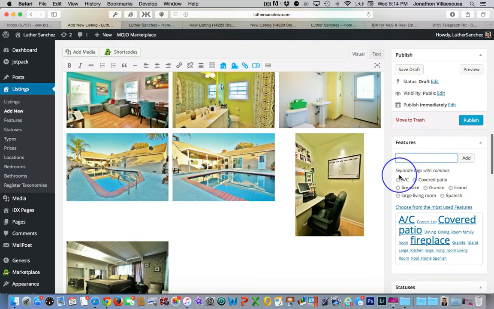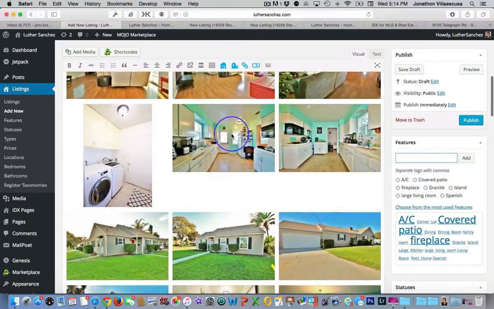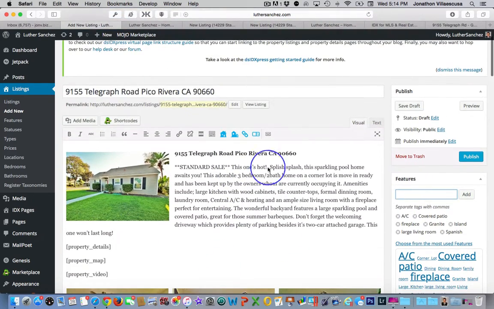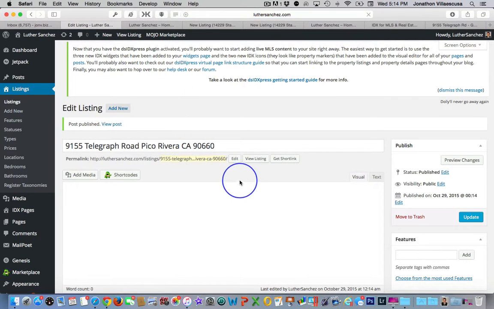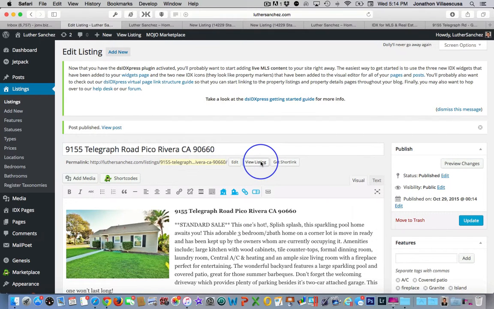Once we're all finished, I would recommend proofreading your work, making sure that there's no typos with anything, that everything does look to be in the correct form, and then you would go ahead and click on publish. So I'm going to click on publish and it'll get working. And a good way to test it to make sure everything came out correctly is to right click on view listing, open link in new tab,